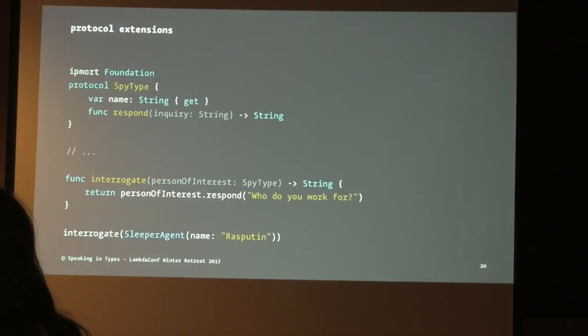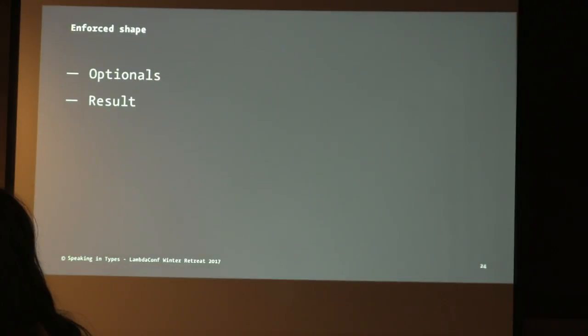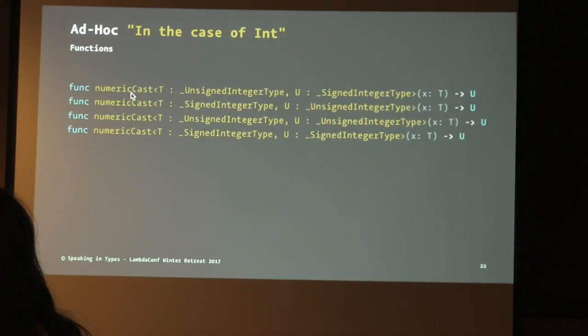Let's speed through this just a little bit. You also have function overloading. So long as the types and the labels don't match up exactly, you can write two functions with the same leading name and the same arity. An example of this is numeric cast. So if you're trying to mix integers and floats in terms of computations, that does not work, right? I can't multiply a float by an int, but